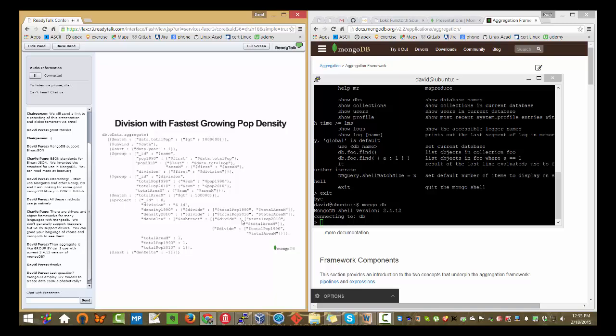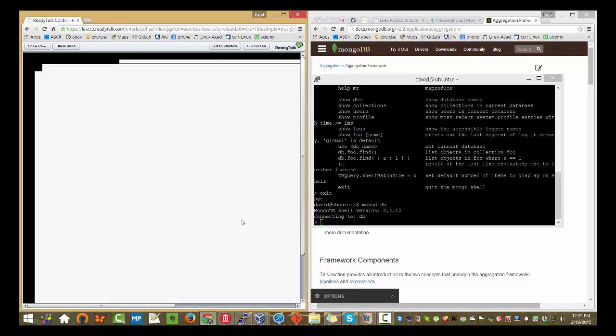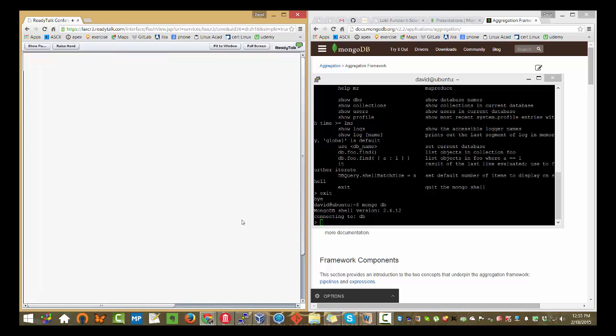I'm not going to bore you with the details of how this query works. But you can see here's where we ensure that our states have a total population of 1 million. Further down, there's another match where it filters out the regions that have less than 100,000 square miles and things like that. We're performing the population density calculations down here, and if I go back to MongoDB,